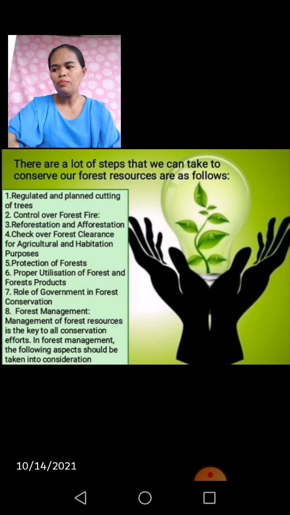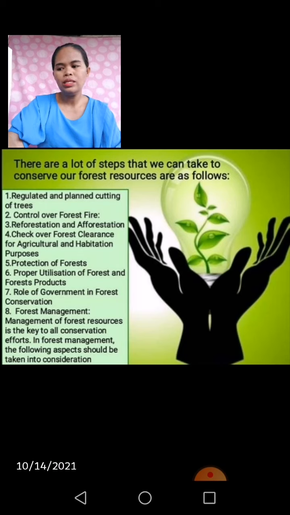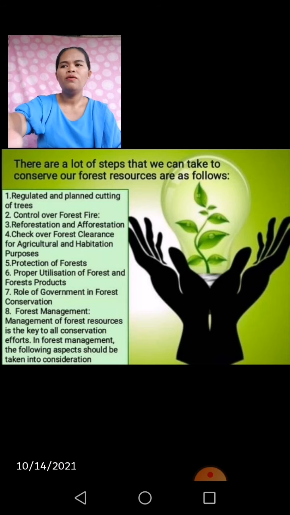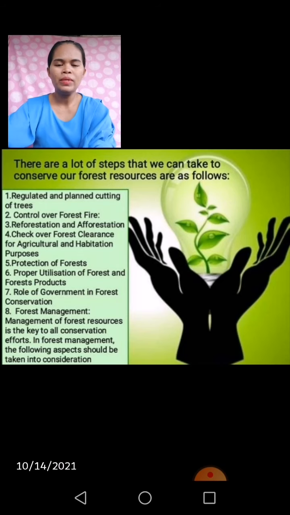Then the next one is development of new techniques for conservation of forests. We can implement laws and rules to help prevent deforestation, monitor agriculture, and protect existing forests. Then research for efficient use and conservation of forests. We need to find out which areas require reforestation, regulating, and improving upon the commercial use of forest products. Then the last one is policy decisions and their proper implementation.